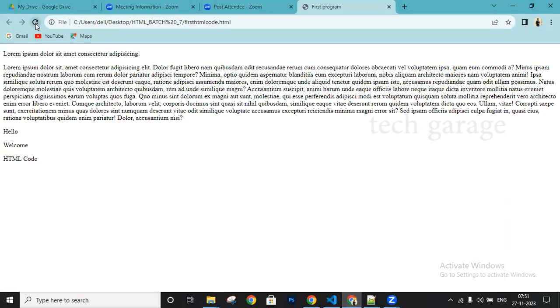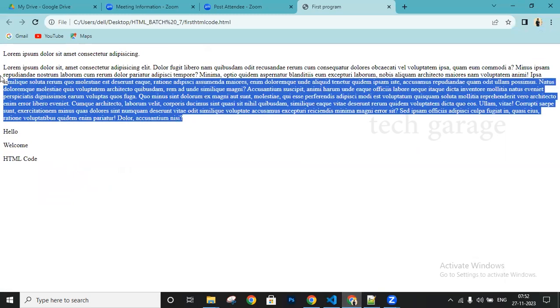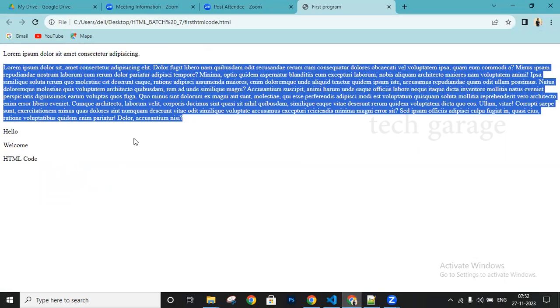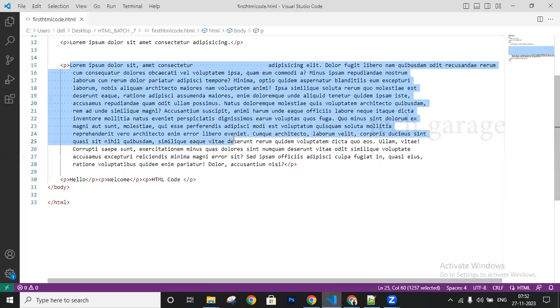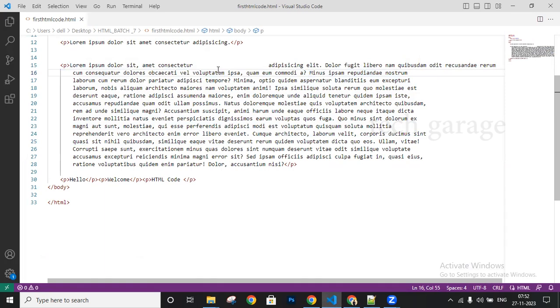When you reload this page, it remains the same. No matter how many spaces you put in the program, it won't allow it. It allows only one space. You can also write side by side and we'll get the different paragraphs. You can write with extra space also, but we won't get the space here. And next thing,